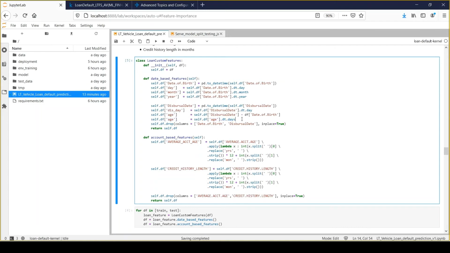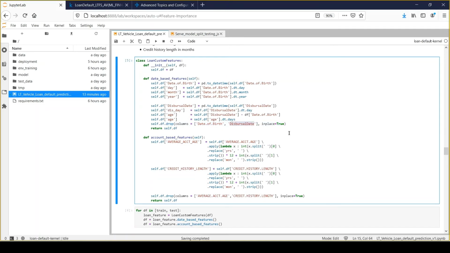So after performing all those feature engineering steps, we need to remove the original column, right? Because it doesn't make sense to keep those variables as they are. And as we have already extracted relevant features from my date column, so remove it. Otherwise, it will create a drift in your data, right?